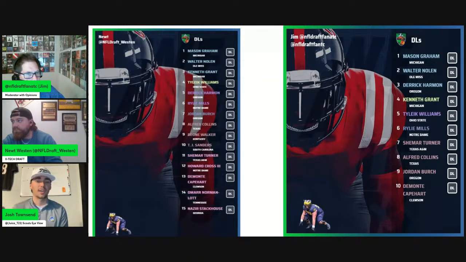But this is a guy I'm going to have in the 3rd round range just because I think he can add some more play strength to his game. I like the solid versatility that he brings to the table. I'm not too certain about his use of hands just yet. I like how active and engaged he is in the run game.